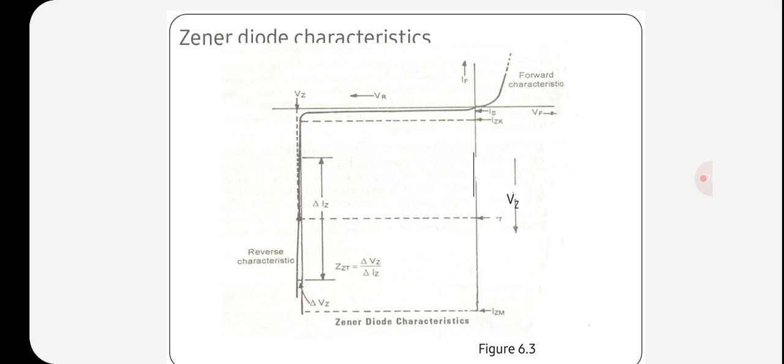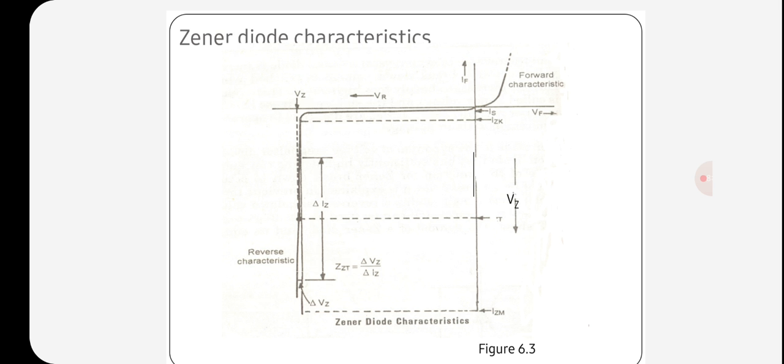The Zener voltage of the Zener diode depends on the amount of doping applied. If the diode is heavily doped, Zener breakdown occurs at low reverse voltage. On the other hand, if the diode is lightly doped, the Zener breakdown occurs at high reverse voltage. So, Zener diodes are available with Zener voltages in the range of 1.8 volts to 400 volts.